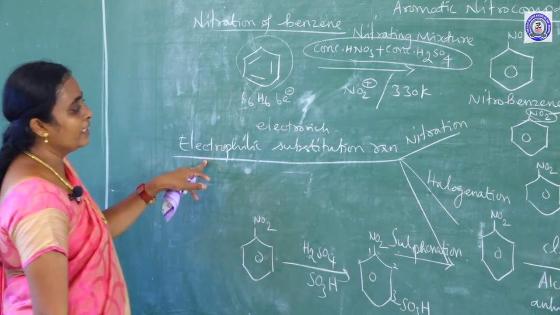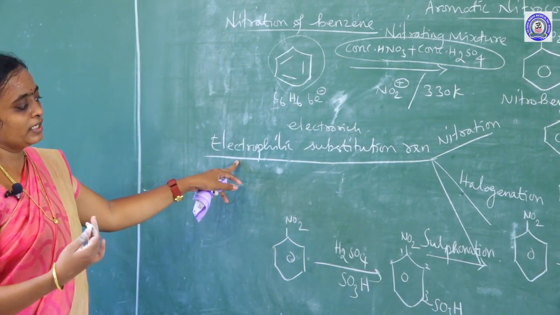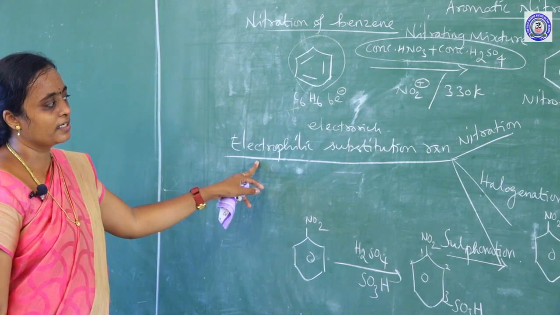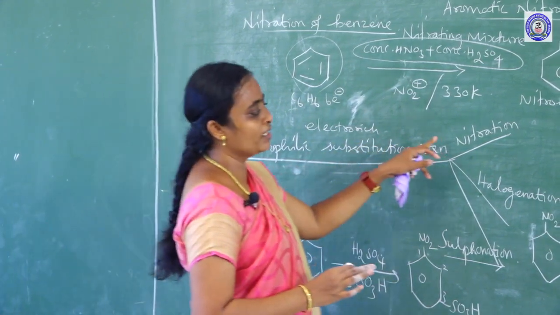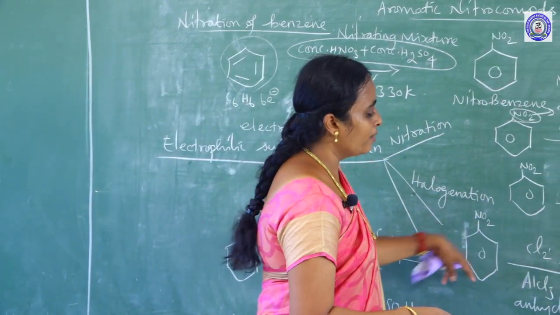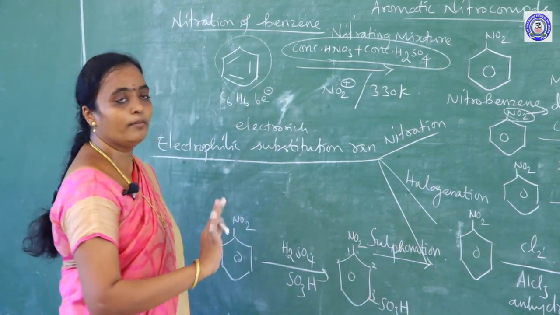So, for electrophilic substitution I can do nitration, halogenation, sulphonation, etc. But you should remember that for nitration alone there are 2 different temperatures; the remaining you can write based on the meta directing